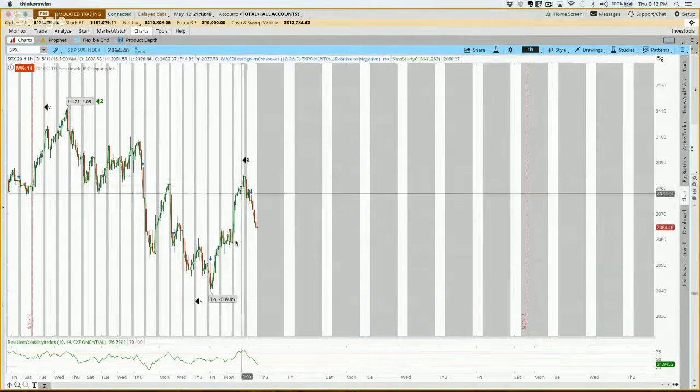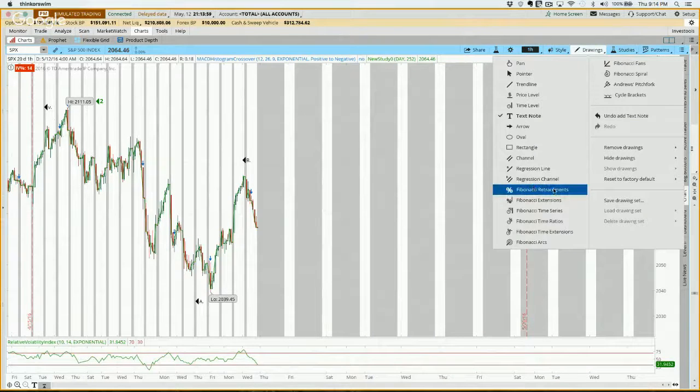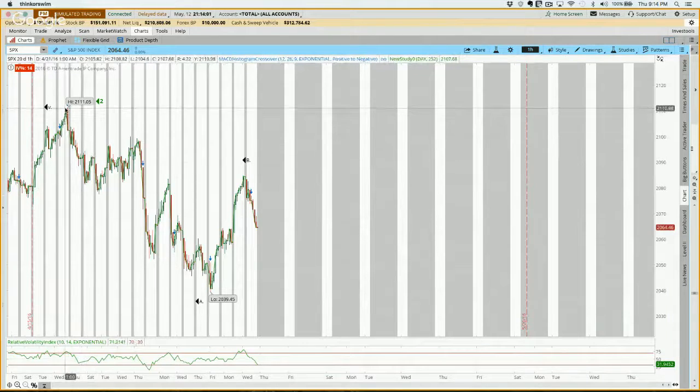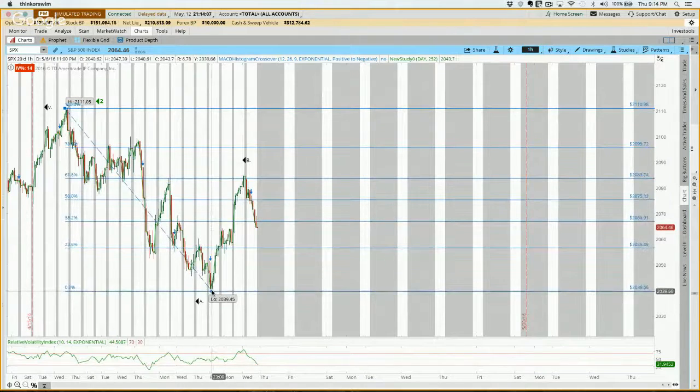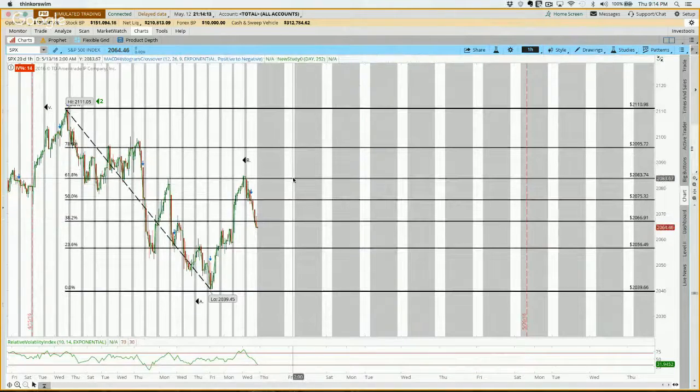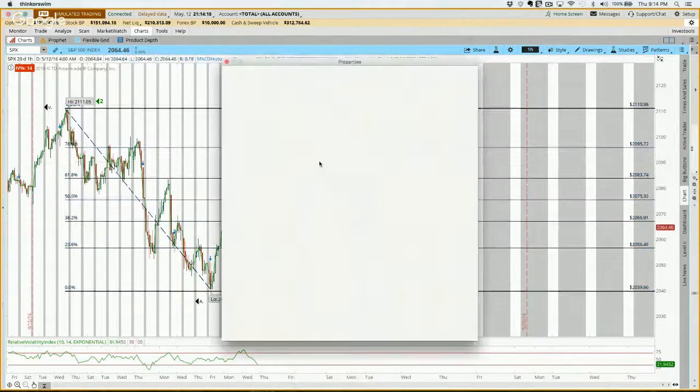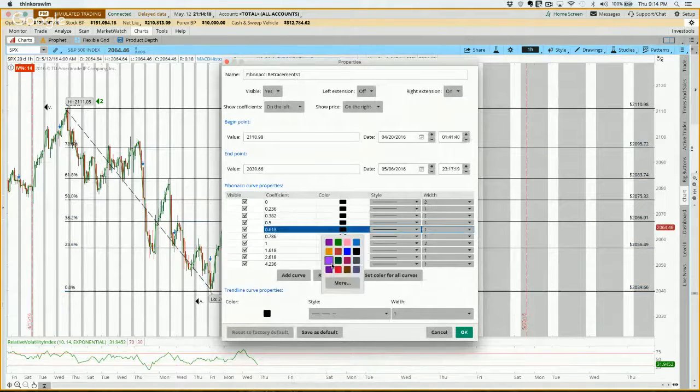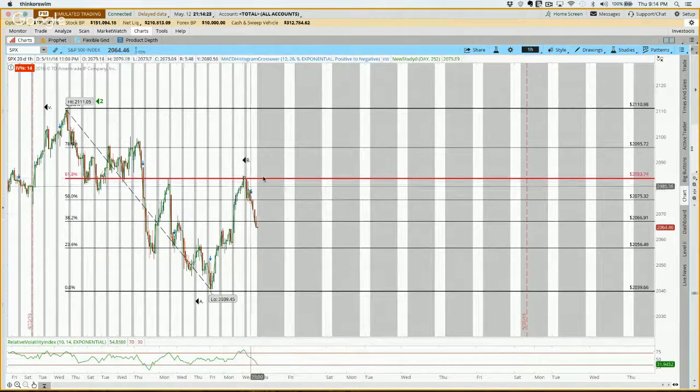All right. So the question is, how do we identify the turning point of wave B? Okay. So what I'm going to do is click on drawings, Fibonacci retracement. I'll be using the highest point to the lowest point. So the golden ratio will be 61.8. I'll be changing the width. Okay, 61.8, which yesterday